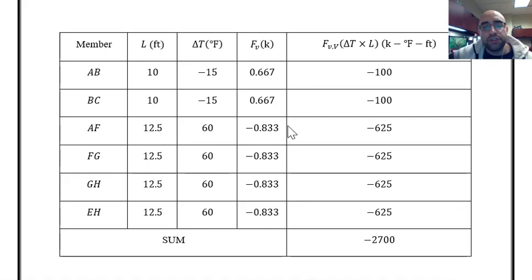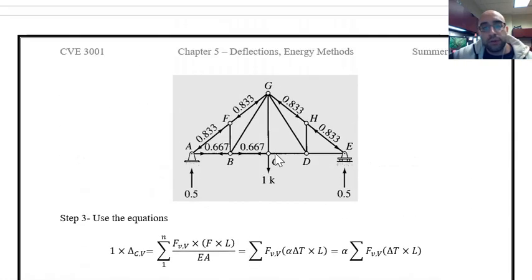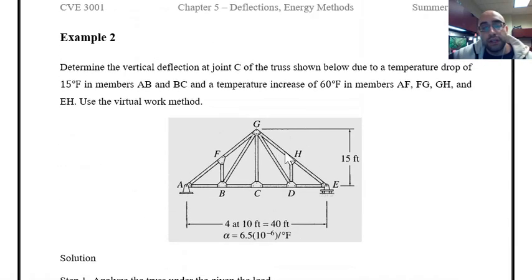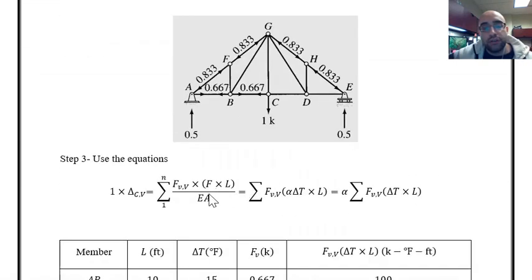So as you can see, the procedure was very similar to the other examples that we had for the virtual work method. The only difference was the type of loading, and in this example the loading was the force in the members because of the temperature change. I just came up with the equation that we have for forces in the members because of the temperature change, and once I find that, I can use it in the equation of the virtual work method and find the deflection. You can also have this example for the situation of having